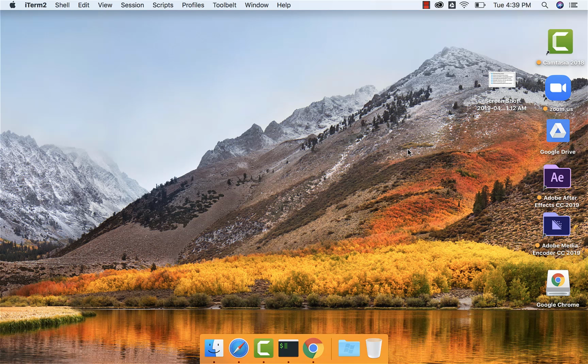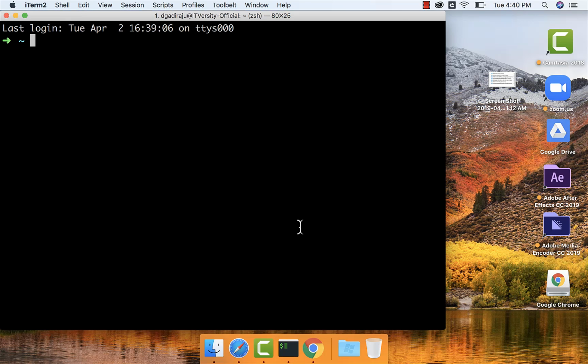As an IT professional, at times we might have to support web applications that are running on a particular port number on a particular server. One of the ways to validate whether the applications are running on a remote server on a particular port is by using Telnet. By default, Telnet might not be available on the Mac.